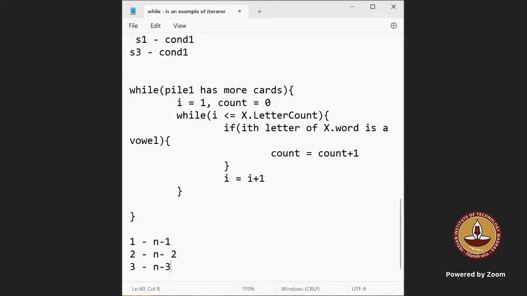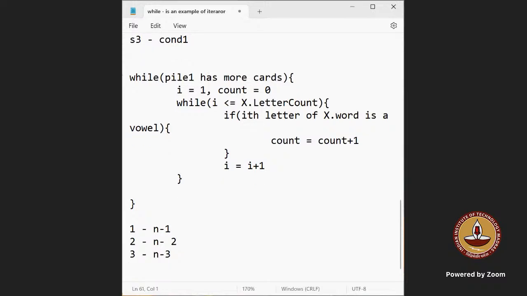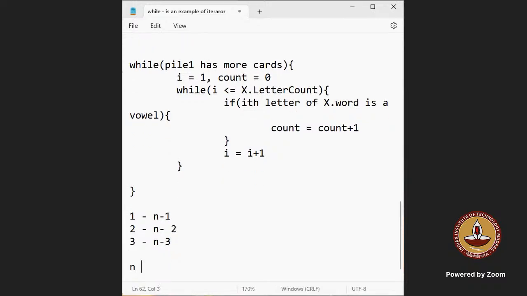For the last card, you won't compare anything. But for the n minus 1th card, like if you have only one card left,